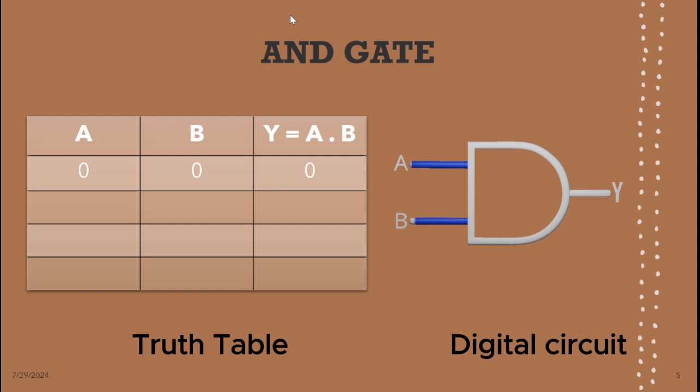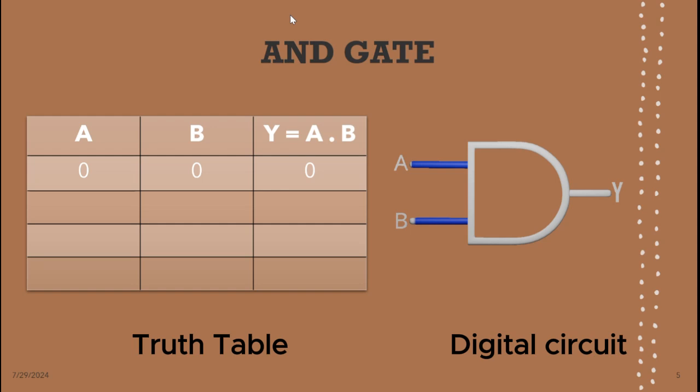An AND gate works similarly. It has two inputs, like A and B, zeros and ones, and one output. If both inputs A and B are true, like having both keys, the output is true. The box opens. If either input is false, like missing a key, the output is false, the box stays closed.